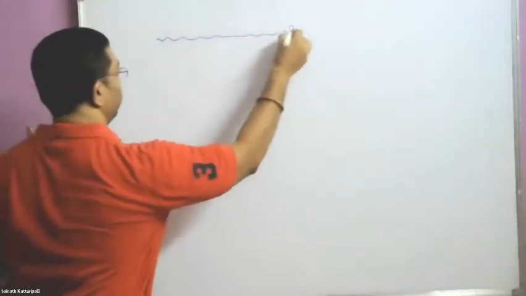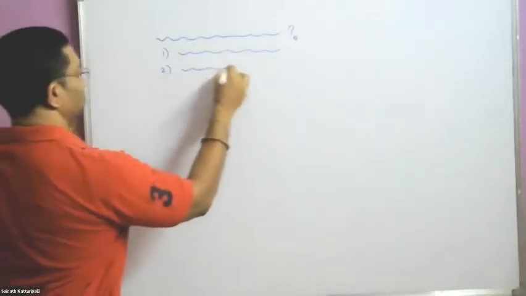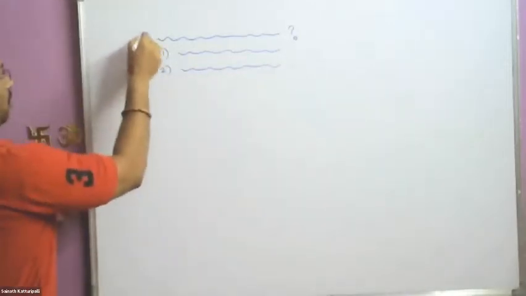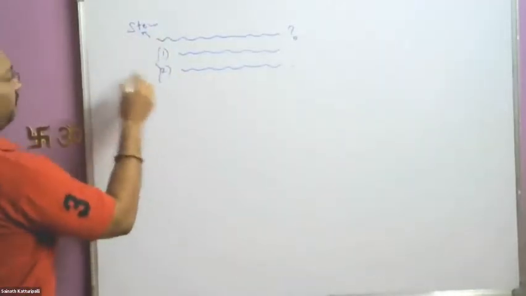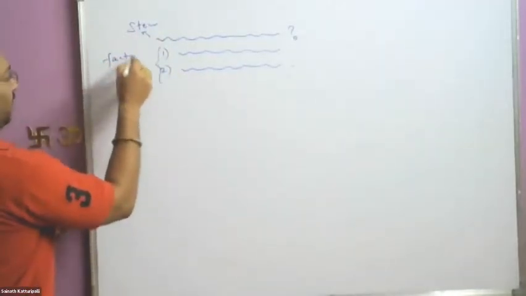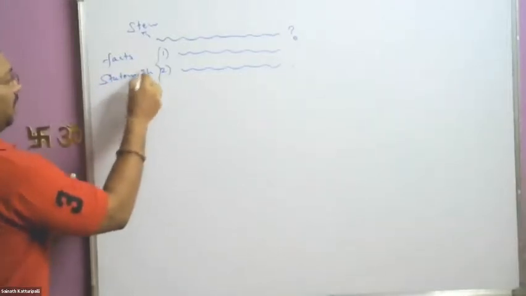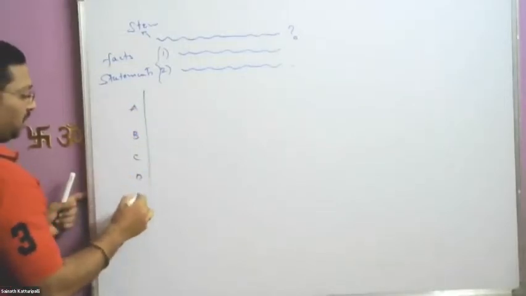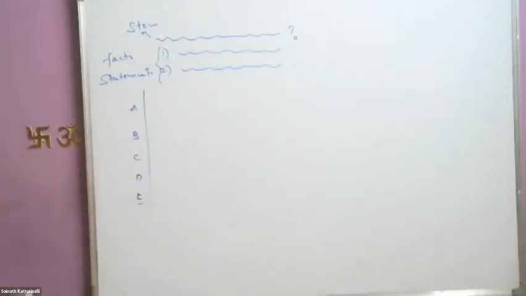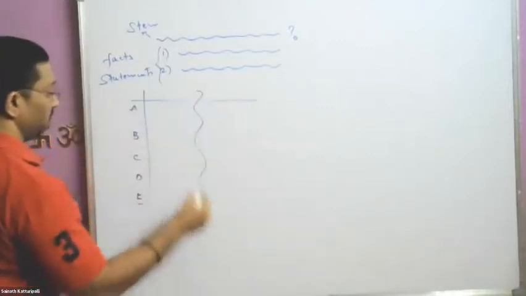You see a stem followed by two pieces of information or two statements. Prompt means you meant to say the stem, right? Yes. And these are followed by facts, or we call them statements. And these questions always have standard option choices. And Mustafa will help us learn what these choices stand for.